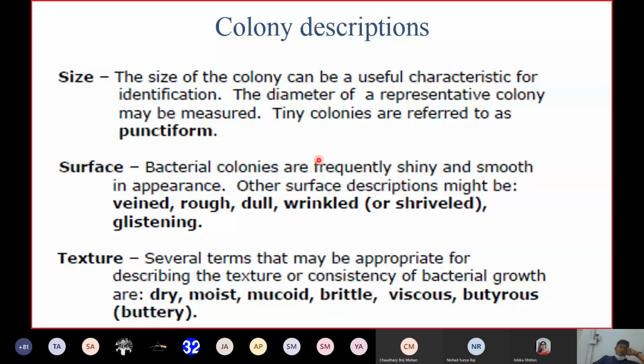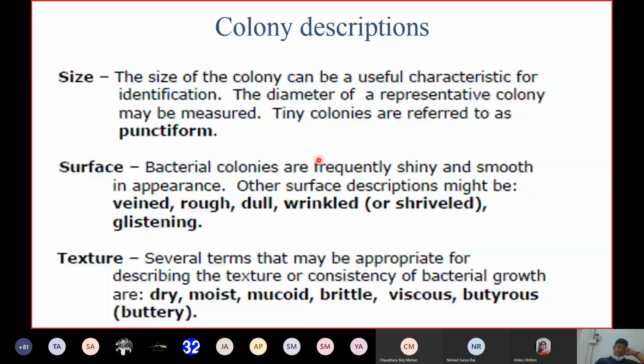Surface. We have seen earlier that some surfaces were rough, some wrinkled, some glistening. Again, we'll be seeing the pictures later. If the organism produces rough colonies, then our identification becomes a particular state of organism. If the organism is wrinkled, then we have a particular state of organism that produces wrinkled colonies. So this surface we need to identify, and we need to say whether they are rough, or wrinkled, or moist, or mucoid, or glistening. That we have to do.